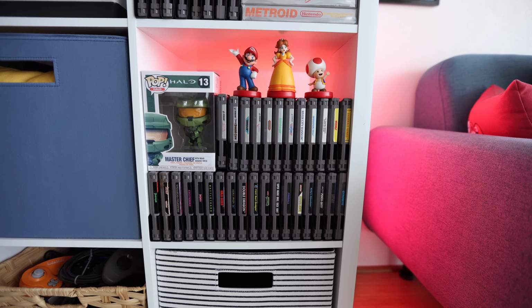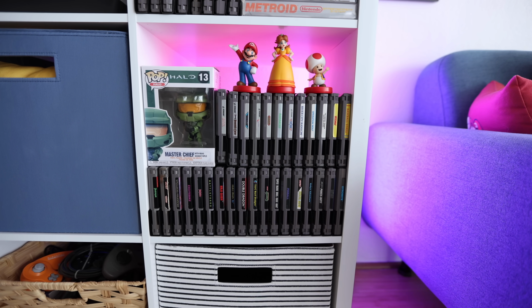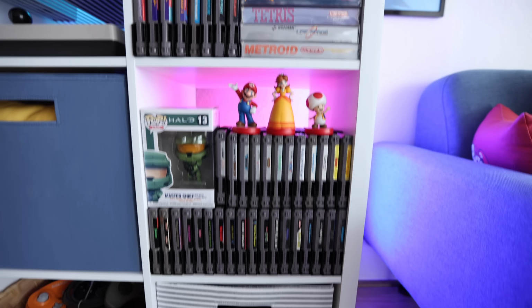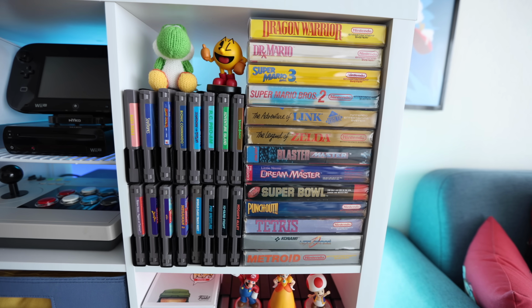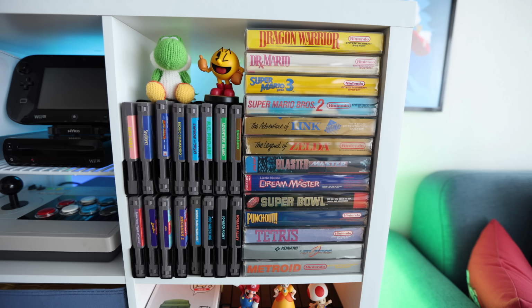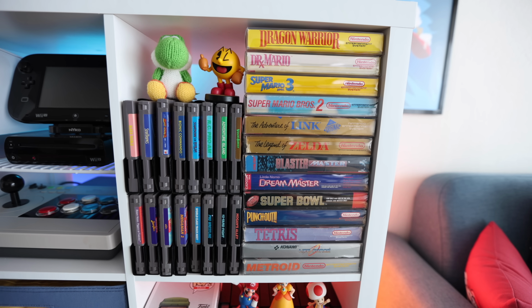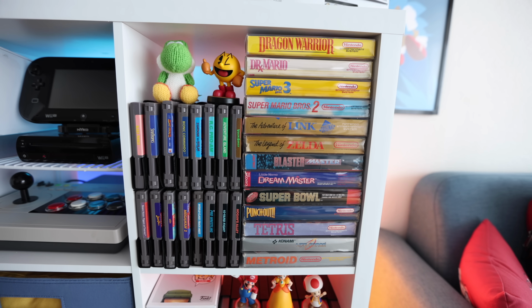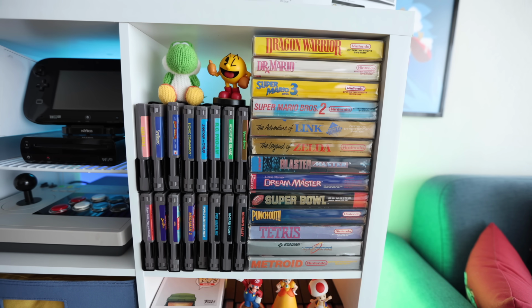This was the rank that I had in the Navy before I retired, and so it's just a little homage to my service. Above that, I have more Nintendo games, including some that are still in the box. Now, this is a mixture of Nintendo games that are my very favorite, as well as some that I can actually afford. For example, the Mario 3 box right here is not an original box, that's a reproduction box just